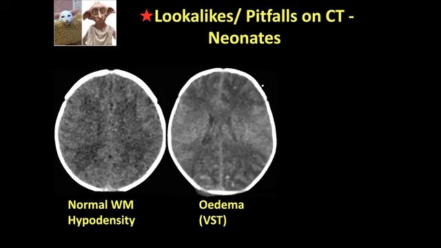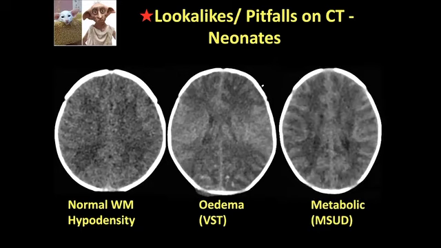You can see the hemorrhagic infarcts both posteriorly and anteriorly. Or, for example, in this neonate, who was actually maple syrup urine disease, who presented with diffuse edema. But you can see how difficult it is to call in a neonatal patient. So it's a caution. You need to just be always aware, is what you're calling edema really edema, or is it normal neonatal white matter hypodensity?